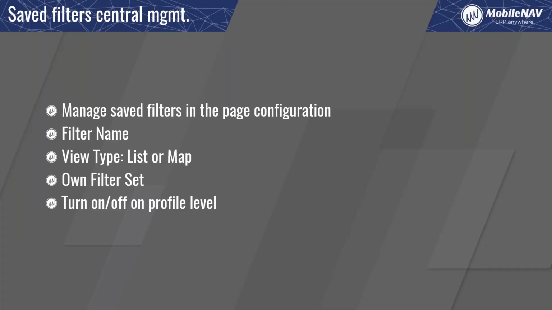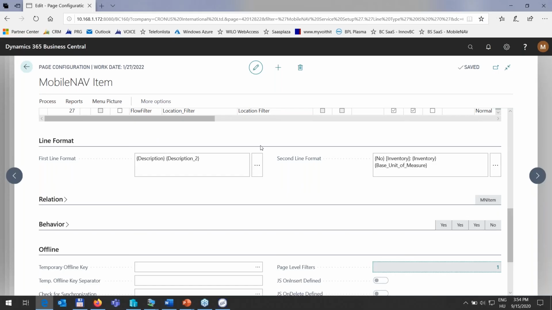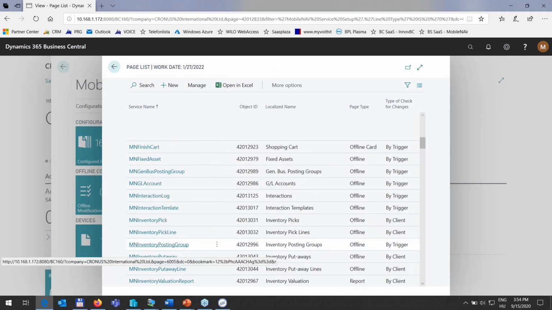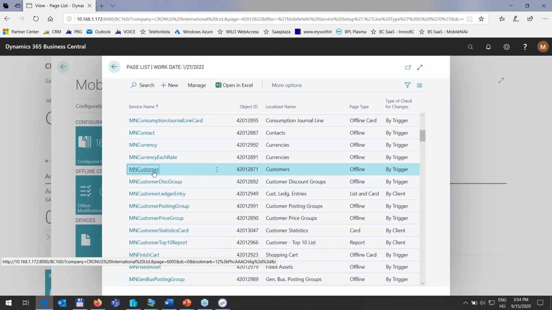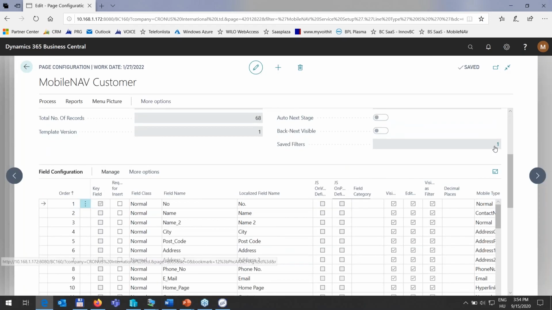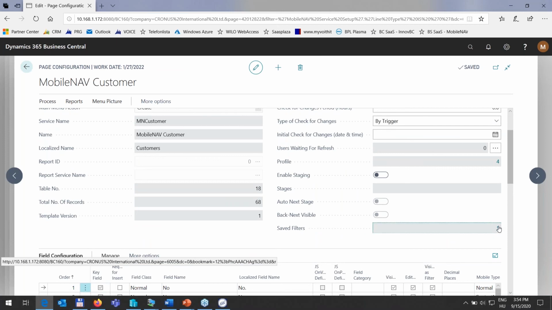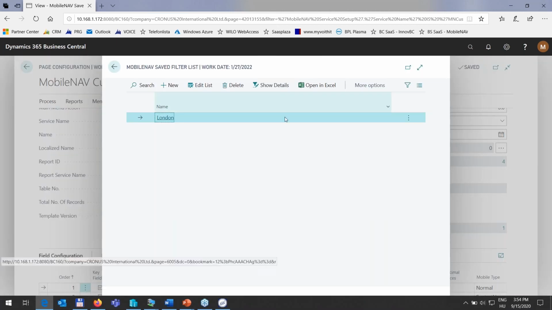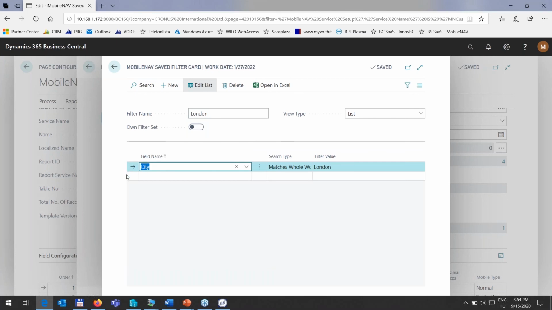Okay, saved filter central management. That's also a very interesting topic, and I'll show that on the customers, because on the customer page I have already created a very simple saved filter. In the general section we have this new saved filter option here, and I've already defined a filter called London. And if I press show details on the saved filter, then you can see that it is just selecting a field, in this case the city. You can specify the search type and the filter value. In this case, the London filter will only show you the cities,